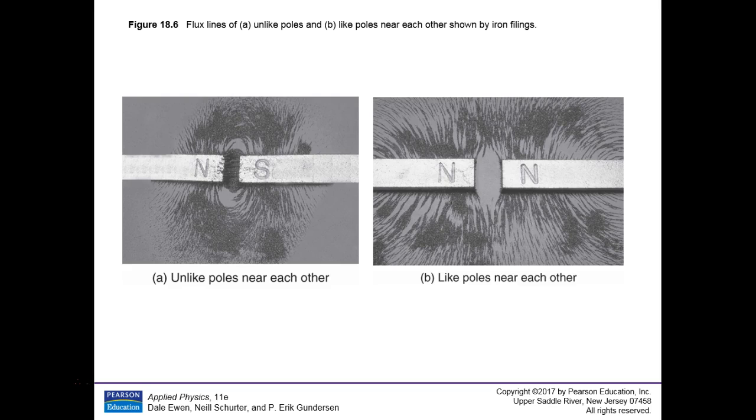Well, just like an electric charge is surrounded by field lines that emanate from it or go toward it, the rule for charges is that field lines go away from positive charges and toward negative charges. The same type of rules apply here. There are field lines around each pole of a magnet. The field lines emanate away from the North Pole, this is just the convention, and point to the South Pole. Now, you can't see field lines, you can't feel field lines, but you can visualize them, and that's what they use the iron filings for.